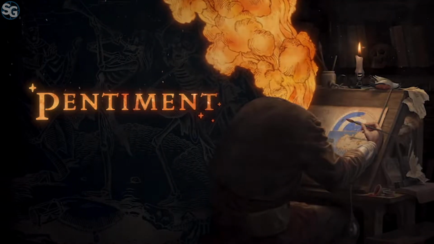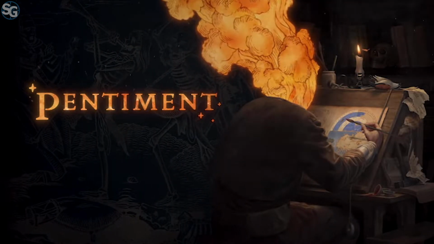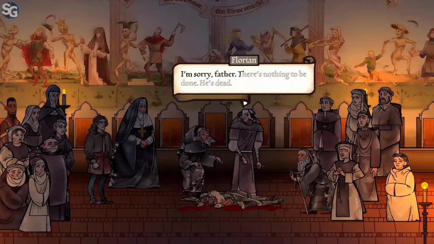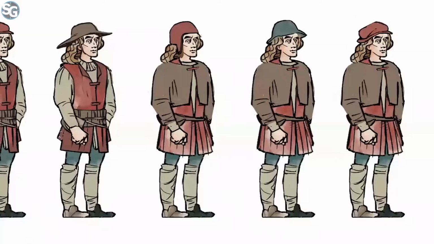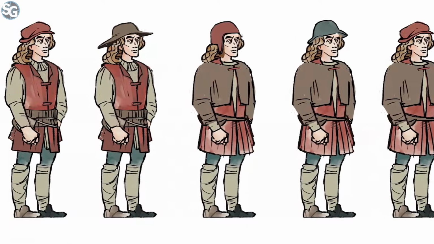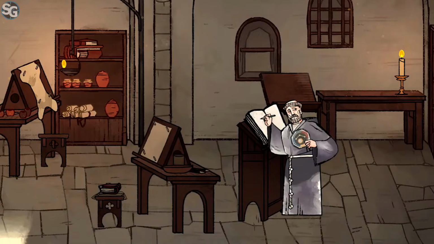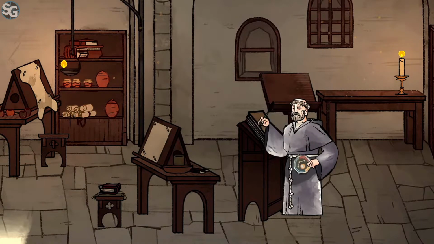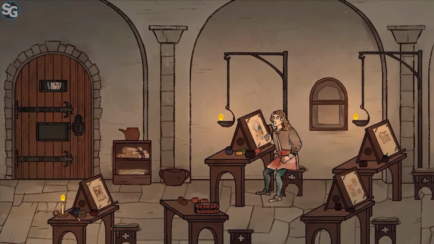Pentiment is a narrative adventure game set in 16th century Bavaria, which is part of the Holy Roman Empire. You play a character named Andreas Mahler, who is an artist working at a Benedictine abbey. He gets involved in a series of murders and scandals and tries to unravel them over a period of about